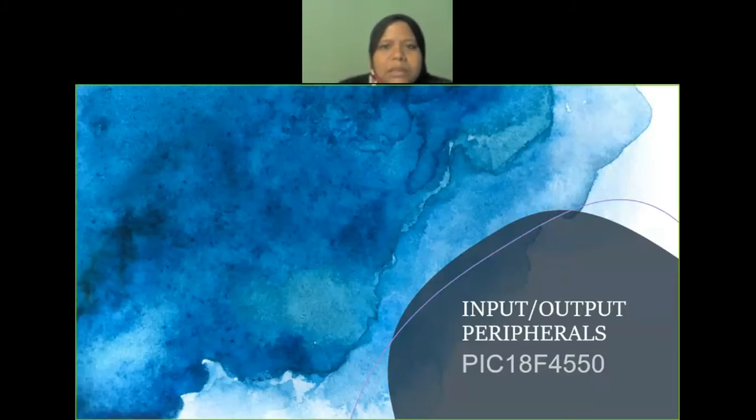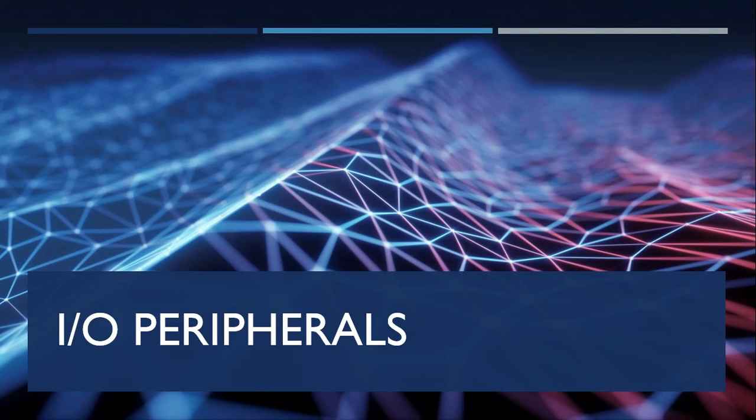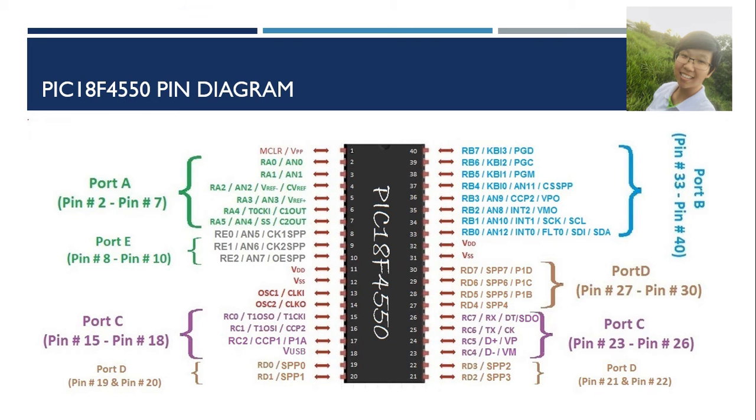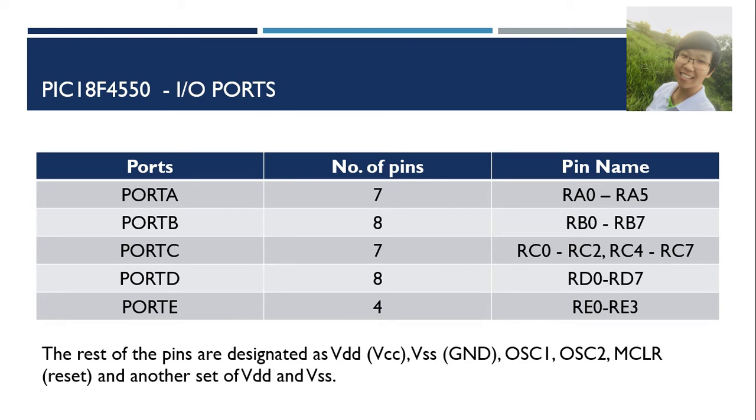So I pass the presentation to Su Yin. Alright, thank you, Kitty. After this, I'm going to present about the input-output peripherals. So first, this is the pin diagram for the PIC 18F4550. This table shows us the input-output ports for the PIC. Based on this table, port A and port C have 7 pins, port B and port D have 8,